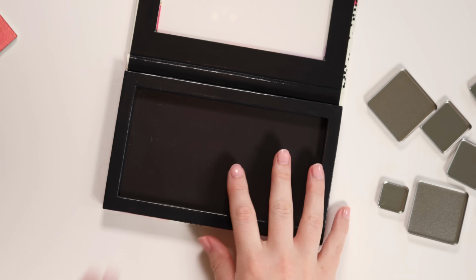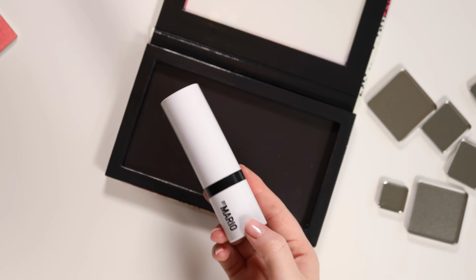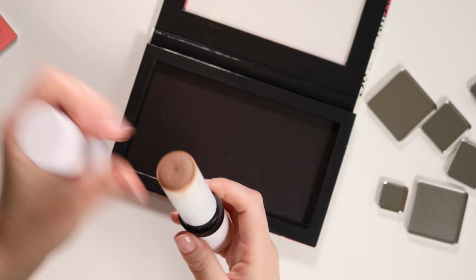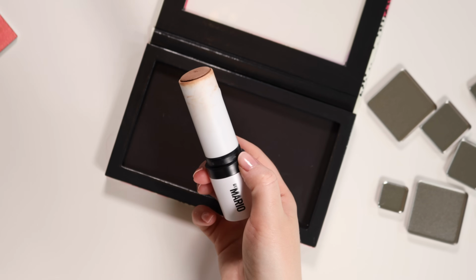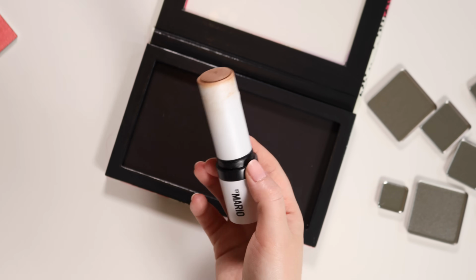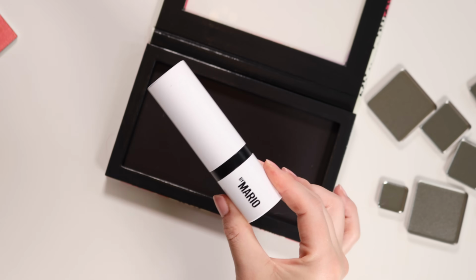So let's talk about some products that I feel are missing in this palette. For me, a very long-wearing cream bronzer is kind of a non-negotiable. The Makeup by Mario Soft Sculpt Stick, especially in the shade Light Medium, I'm actually using this on my sister on her wedding day. I love this. It lasts so beautifully and it blends incredibly. This to me is kind of a no-brainer,